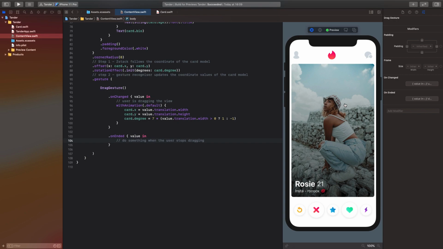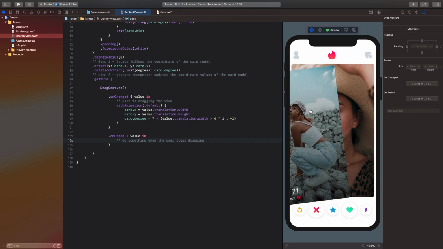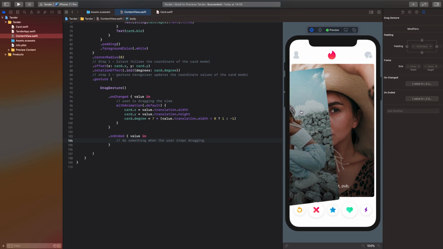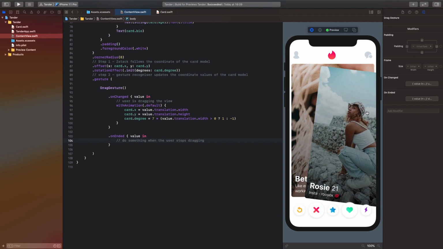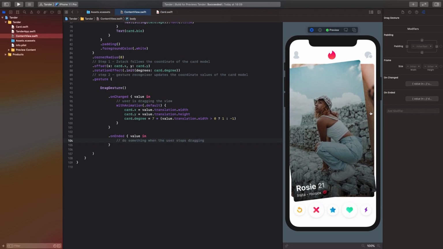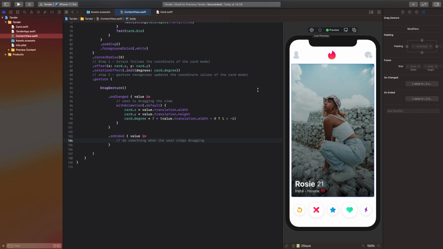So if the user reaches a certain threshold, we want the card to disappear. Otherwise, we want the card to snap back in its original position. And that goes for both sides, right? So for that, all we need to do is to sort of have a switch statement and try to explore all the cases. And we do want to do that with animation as well. So just say,